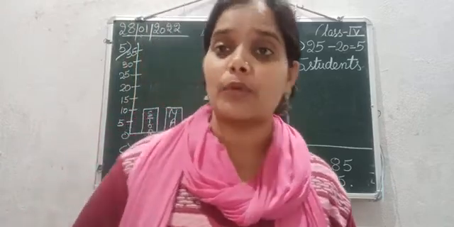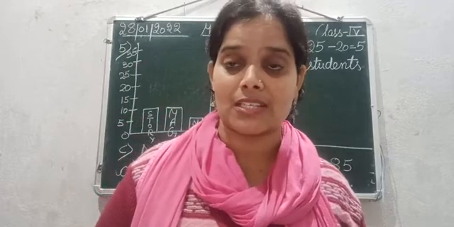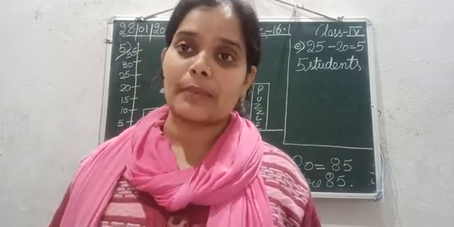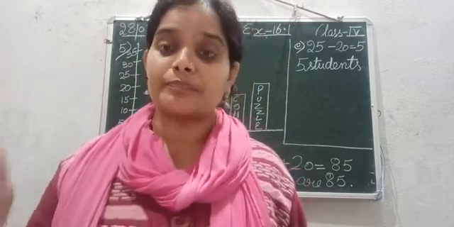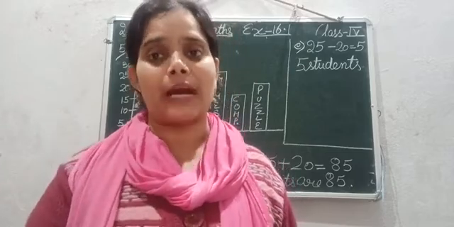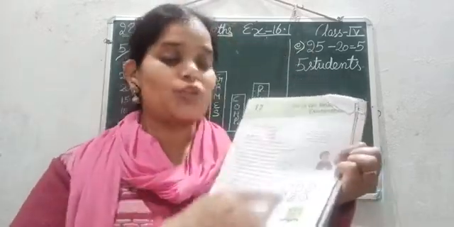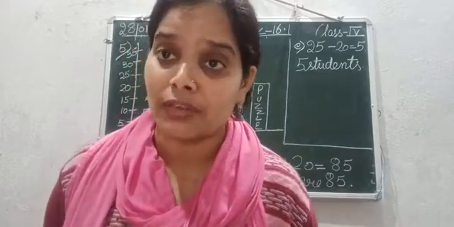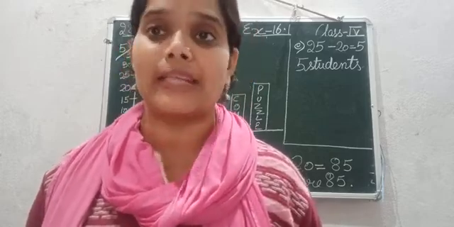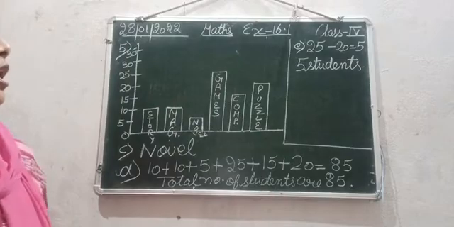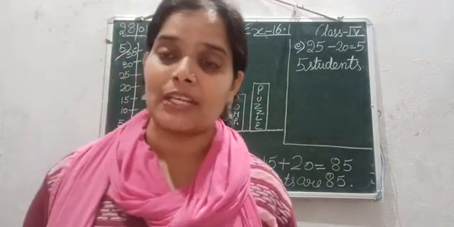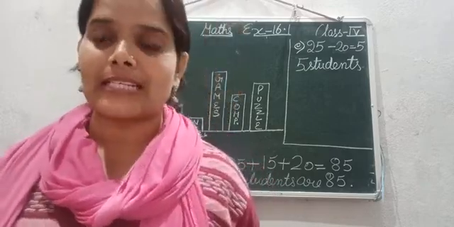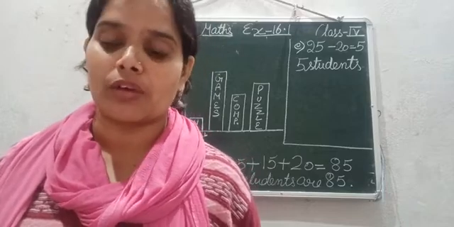So in the next session, I am going to start with chapter number 17. So your syllabus is up to chapter number 16 only. Syllabus for the annual examination is chapter 1 to 16. But chapter number 17, देखो इसमें नाम दिया, it is only mentioned, the chapter number is there. But as you all can see, ये सब क्या है? These questions you have already done in the previous 16 chapters. So this is kind of a revision exercise that we are going to begin from the next session. So your syllabus for the annual examination is chapter 1 to 16 and chapter number 17 is a practice exercise or practice chapter that you all are going to solve with me.